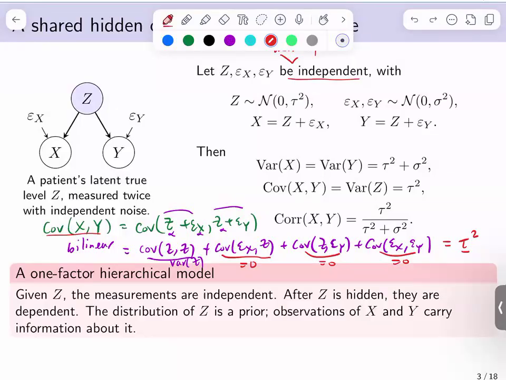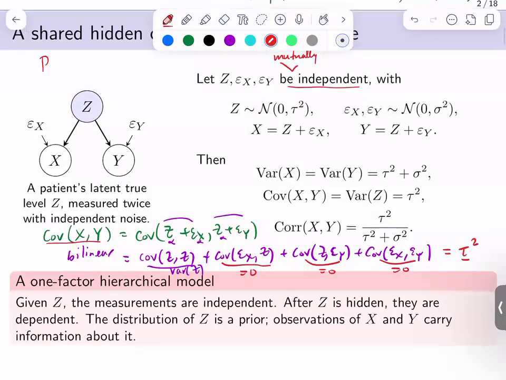So this is a very simple example of a Bayesian network, or DAG models. It's a way of graphically representing the dependence of random variables, sometimes called a DAG model because these are directed acyclic graphs. If you have a causal interpretation, sometimes it's called